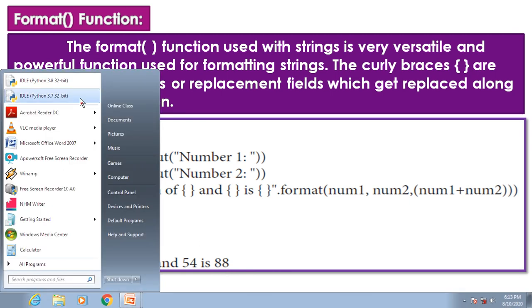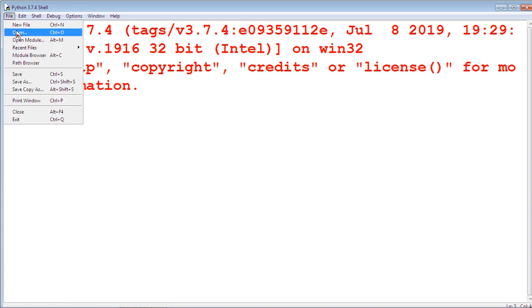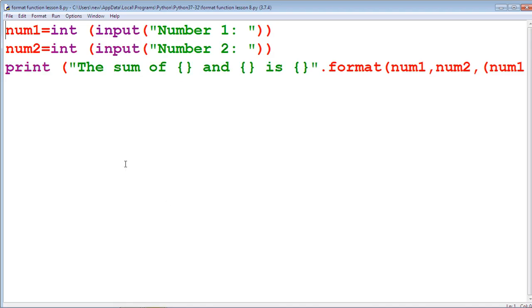We are going to see this example by using the IDLE window. Format function. Here we are using 3 curly braces, that is the formatting function. Instead of num1, these braces are used.